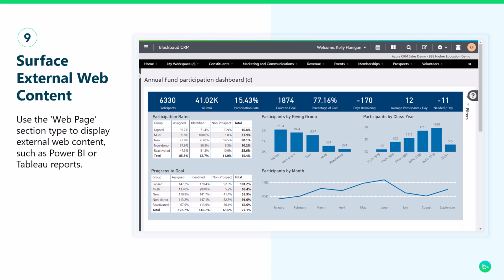Tip number 9 is around surfacing external web content directly within your Blackbaud CRM instance. This is great at keeping users within the platform. It's often used for displaying BI content, so that might be through Power BI, Tableau, or your preferred reporting platform. The advantage of users being able to see it from within Blackbaud CRM is that if there is an issue